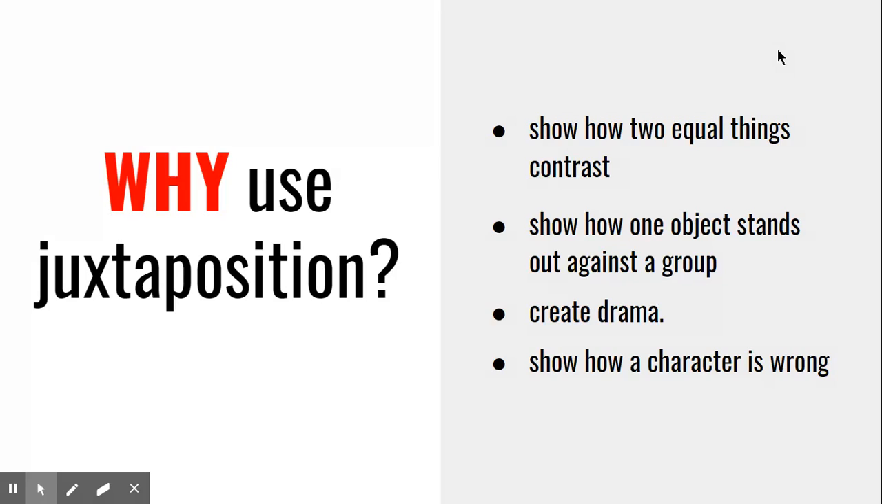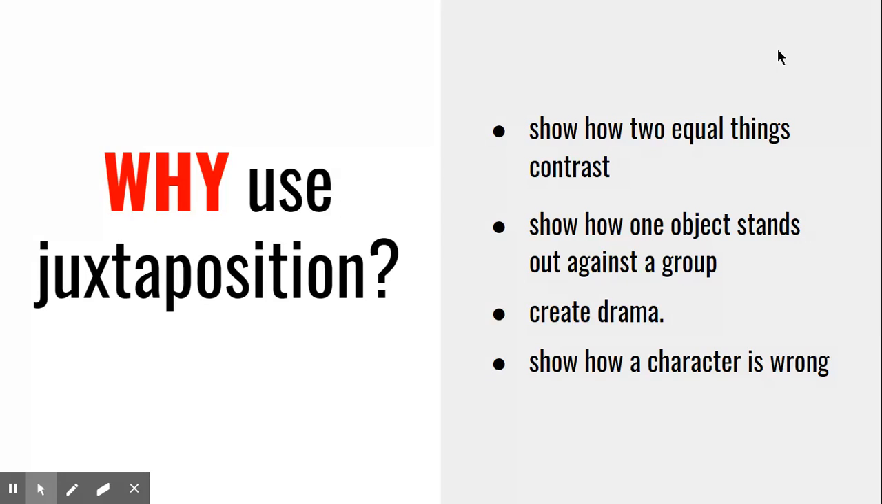Another reason is to create drama. Simple as that. An author might show something really dramatic through juxtaposition because the reader and the viewer, and sometimes even the characters, don't see it coming. And so that juxtaposition, or those contrasting ideas, really can create drama and tension. And we're going to see that in a couple of the